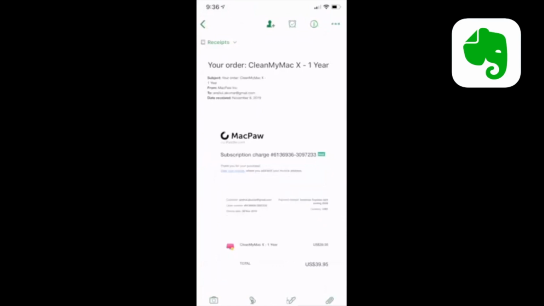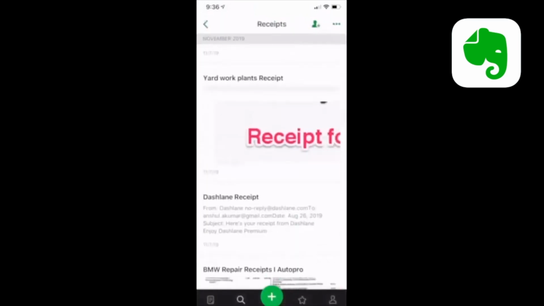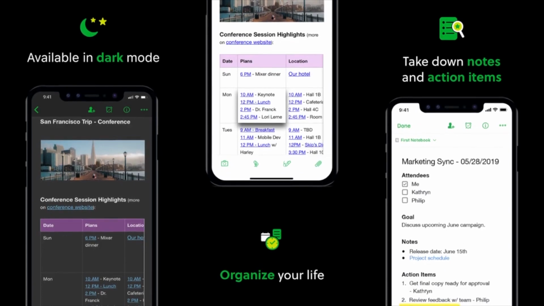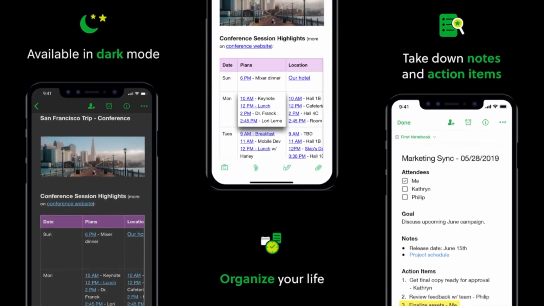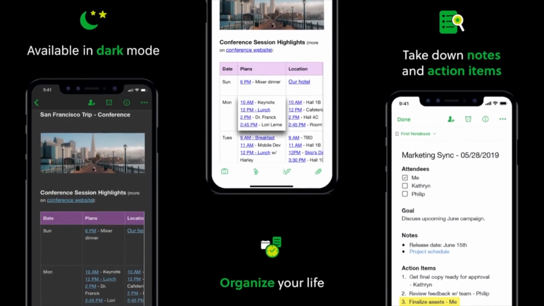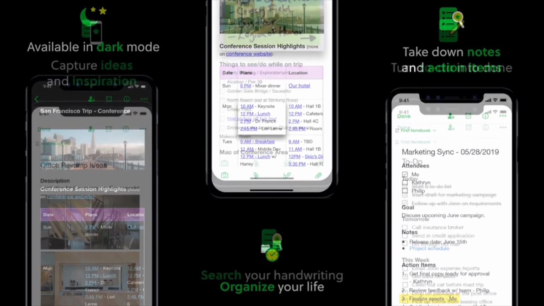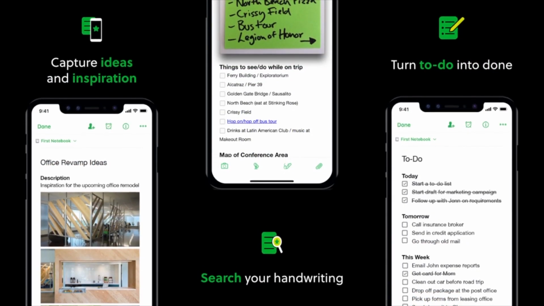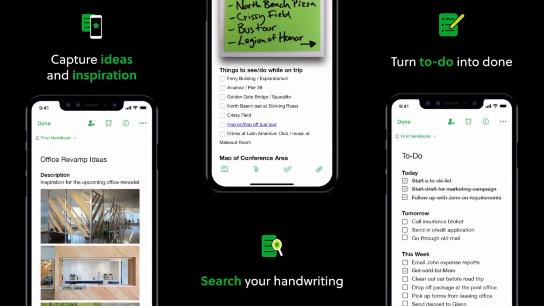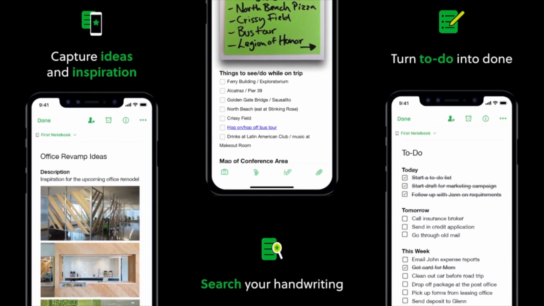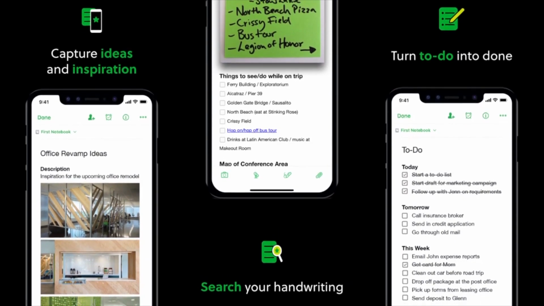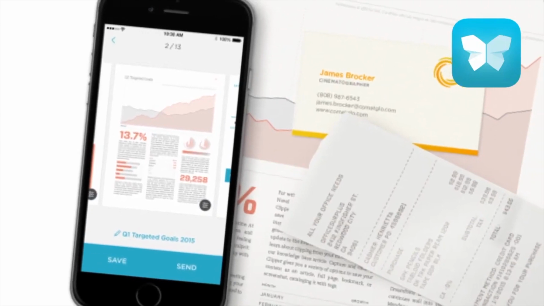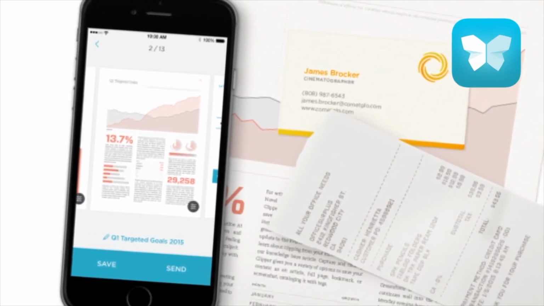Keep all your receipts and invoices in Evernote by scanning from your Evernote mobile app. Now I'll talk about a couple of things while you're scanning your invoices and receipts. You have 2 options. Number 1 is you can use the Evernote camera like this. And also there is another beautiful app known as Scannable, which is owned by Evernote. You can download that, it's free.